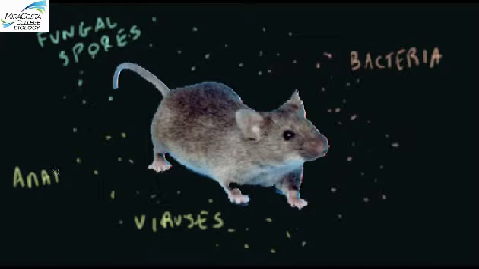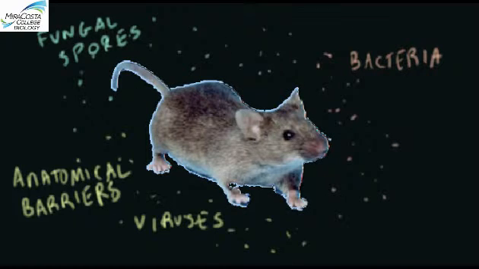Anatomical barriers are always the first line of defense. In order to keep the bad microbes out, you put up an impenetrable barrier between you and the microbes. In a mammal like you, the skin and mucous membranes serve this role. And I should note that your anatomical defenses are greatly assisted by a